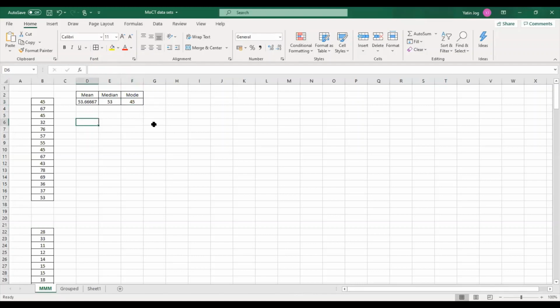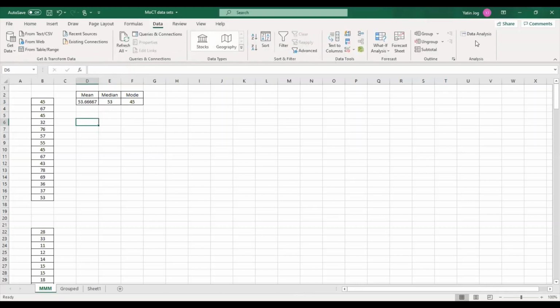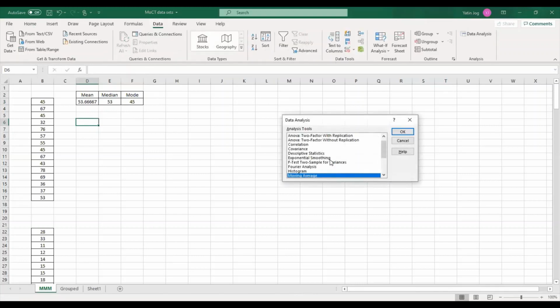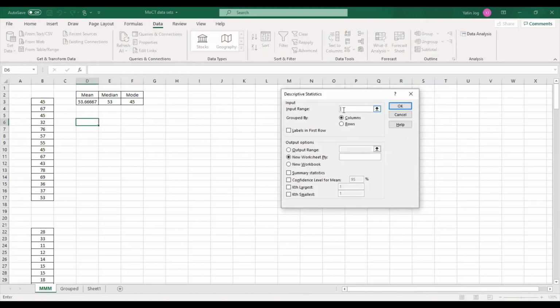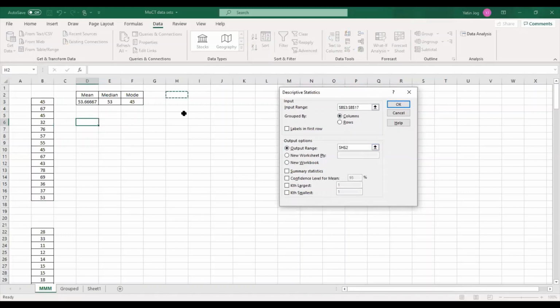Second method is you go to data analysis, and then you will find one option called descriptive statistics. So just select descriptive statistics, click on OK. Input range. So select the data values for which you want descriptive statistics. Columns, group by columns. Yes, my data values are grouped by columns. It is in column format. Labels in first row. No, I'll not select this because I don't have any label in my first row. Output range. Suppose I want to start my output from this location, and I just need summary statistics. I'll not go for other options right now. I'll go only for summary statistics.